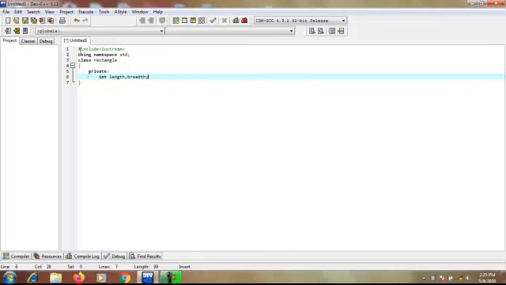Here you see that two data members are declared. Both data members are of integer data type. First one is length and the second one is breadth.